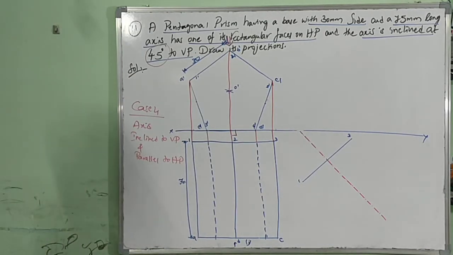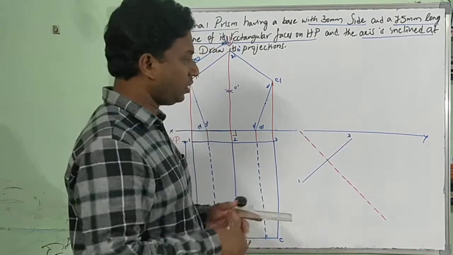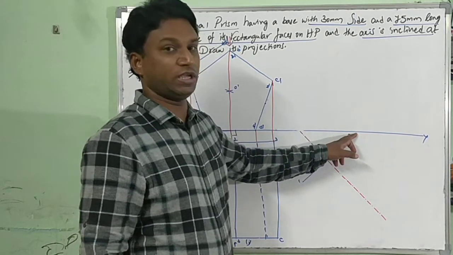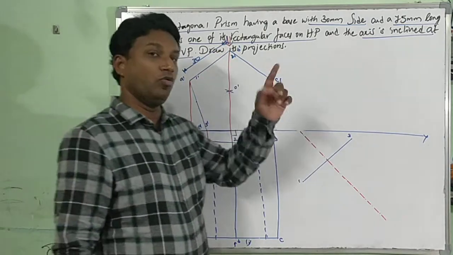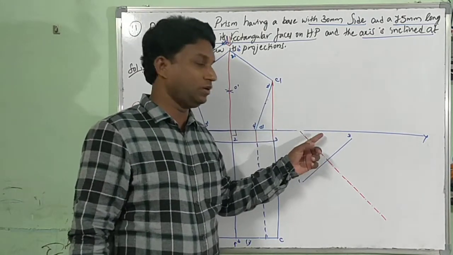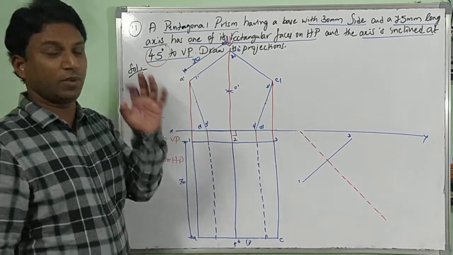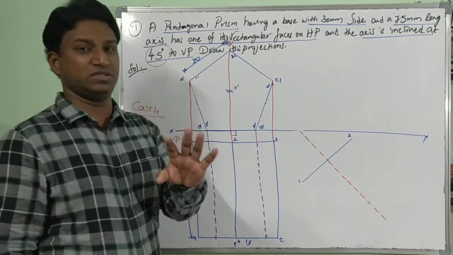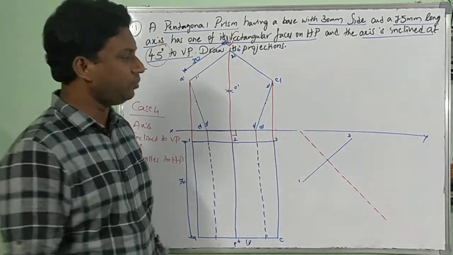Whereas in the previous problem, if you observe, in the cone problem, he mentioned that one corner point should touch the VP. That's why we made the top view point contact the XY line. Previously, with the axis inclined to HP, one point was in contact with HP, and at that time the front view point was in contact with the XY line. You have to remember these differences. Drawing is a simple subject with constraints of conditions, right? If you satisfy them at each stage, the total problem is very simple.